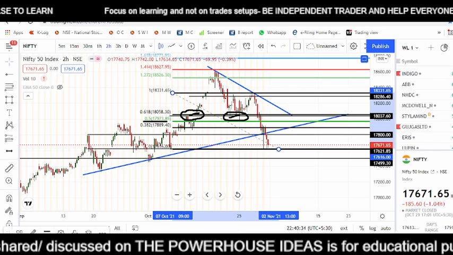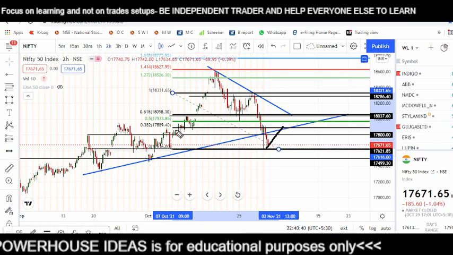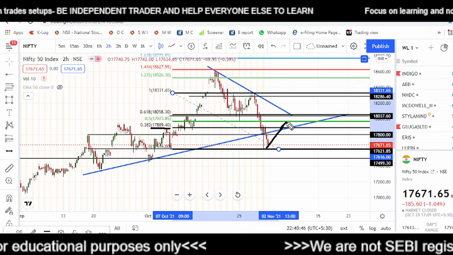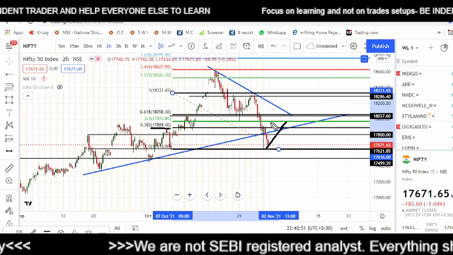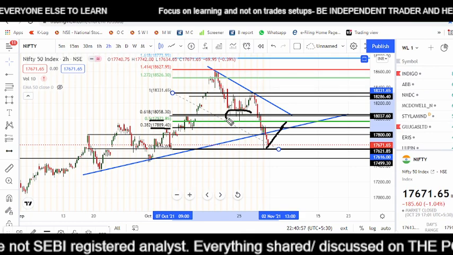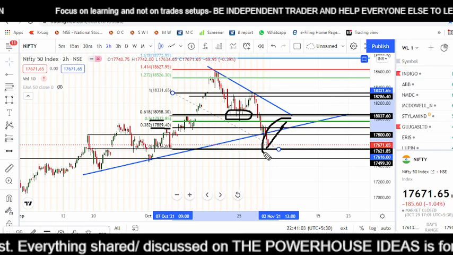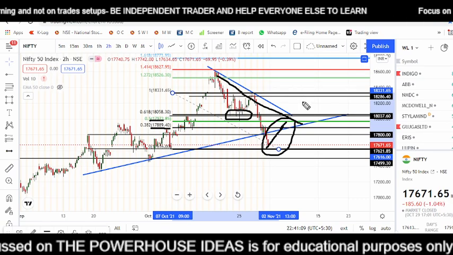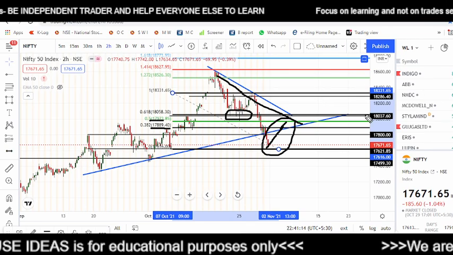So what I anticipate is that we might see a retracement on Monday for the first target of 38.2%, that is 17,900, and the second target of 18,000. This is 18,000, not 17,900. And 18,000 is also supposed to be a good support over here, right? So this is how you can play a counter move in the overall downtrending market. But please make sure that you follow a strict stop loss, because you are doing something which is against the trend using the Fibonacci series.